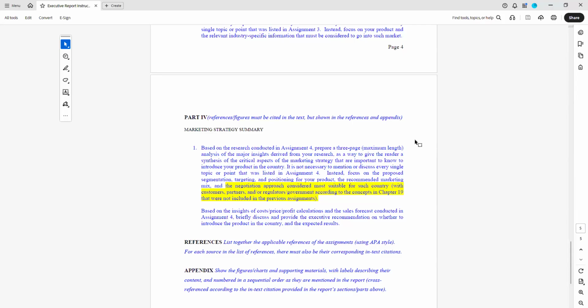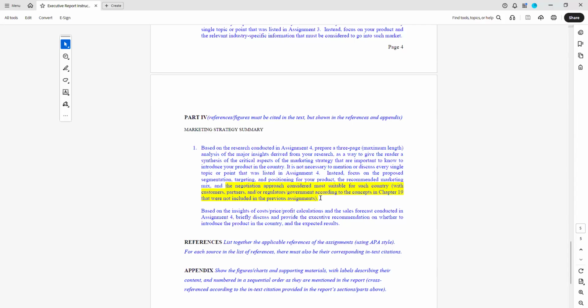In addition to those specific parts that you develop in the 4th assignment, you have to discuss and elaborate what is the negotiation approach most suitable for that country you're working with. And this is chapter 19 that you are looking at in this last part of the course. So that's why this is here highlighted in yellow, because this is something that was not part of the assignment number 4,